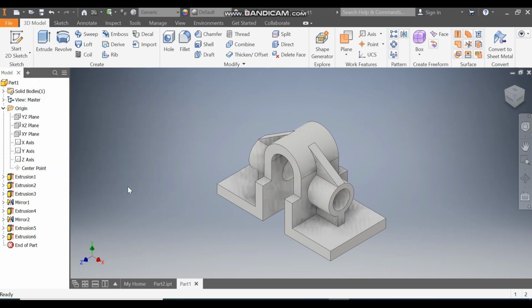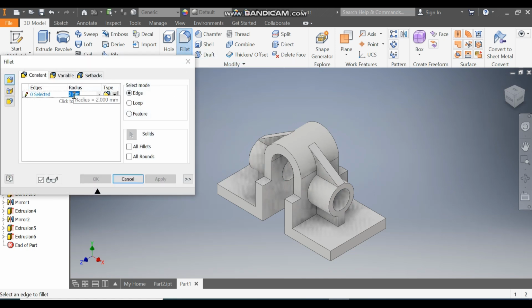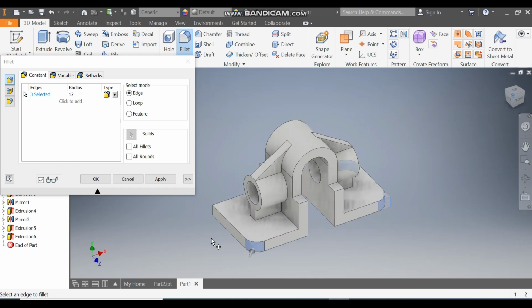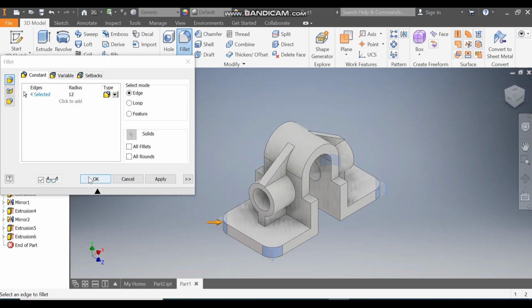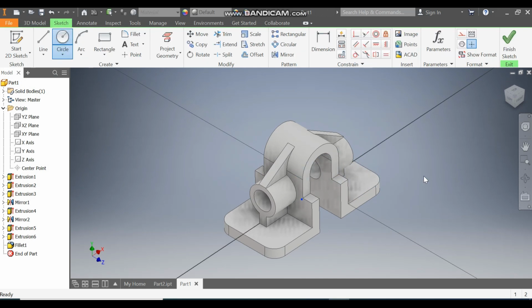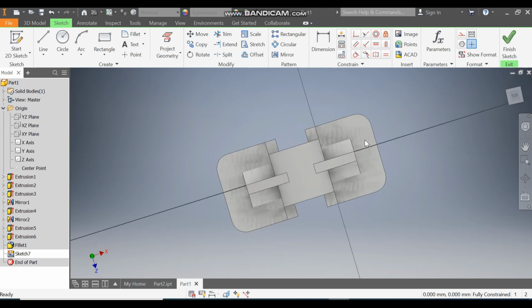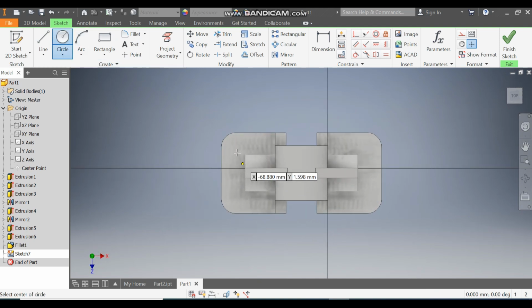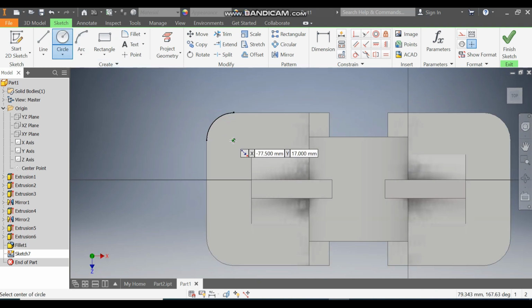press OK. Okay. Now here go to fillet command, and here the radius will be of 12 mm. Select all the corners one by one, third, rotate, and the fourth corner. Press OK. Select this face, go to create sketch, rotate the view, take circle command, and on this center make